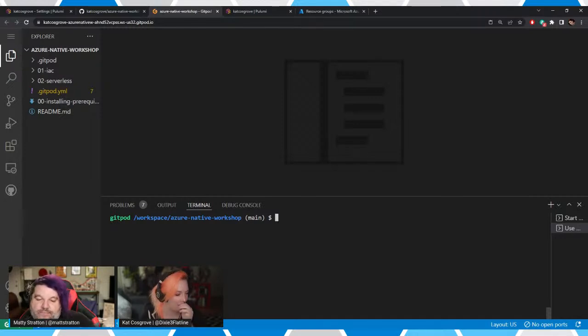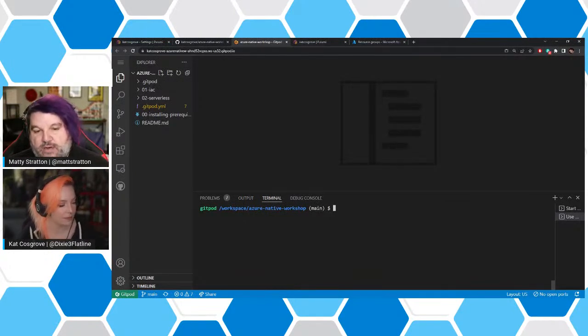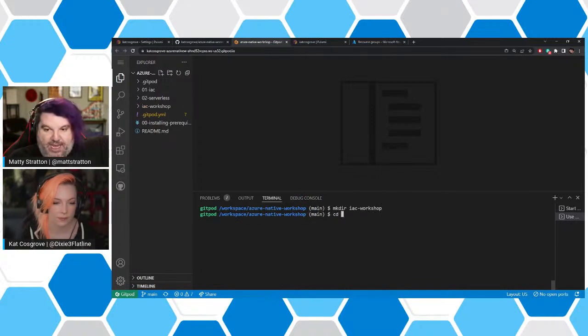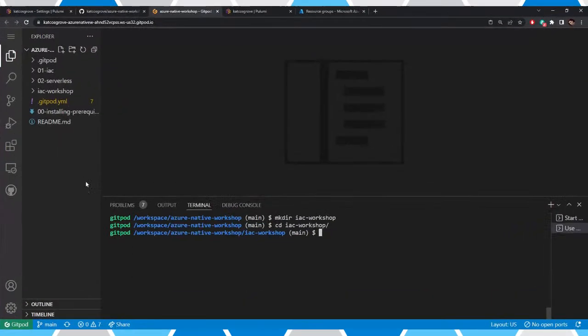You're here for backup. What Kat talked about needing to be logged into Pulumi. What that is, so when you run a Pulumi program, it has to have somewhere to understand your state, right? Remember we talked about test and repair, like what is the state? Is the state where I want it to be or is it not? And Pulumi supports a bunch of different backends. You can store it in Azure Blob Storage. You can do it all sorts of different ways. The easiest way is to use the Pulumi service, which is free for individuals.